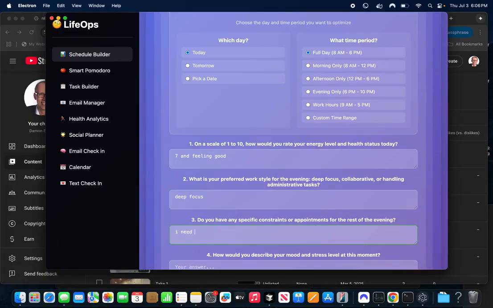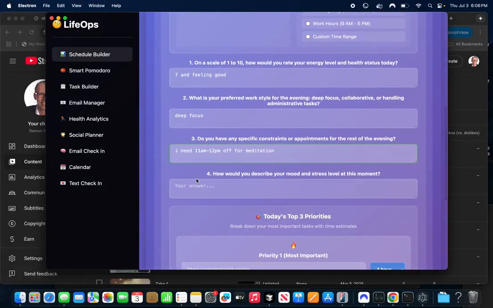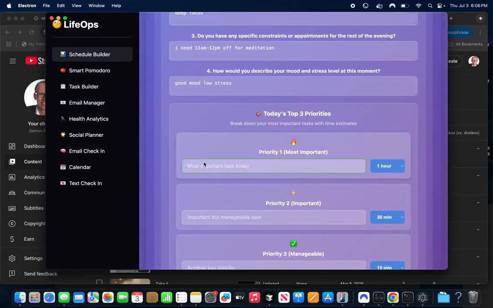I need 11 a.m. to 12 p.m. off for meditation, and mood and stress level, good mood, low stress. So I'm just filling this out, guys, and what it's basically doing is interviewing me to get the information to build my schedule.